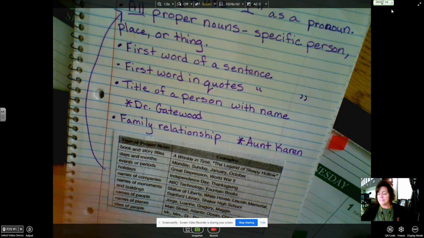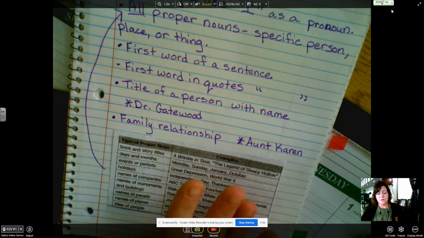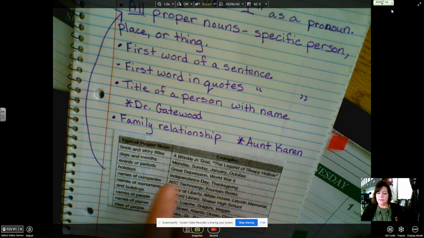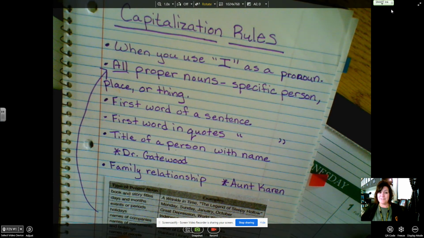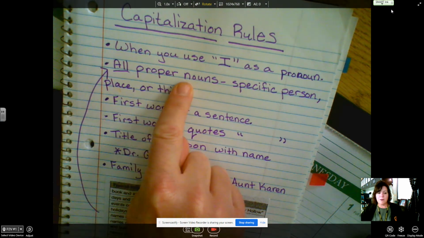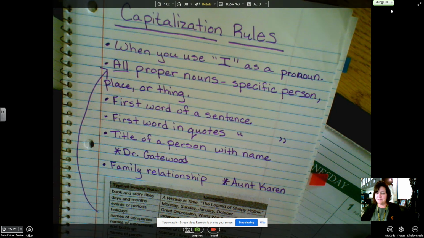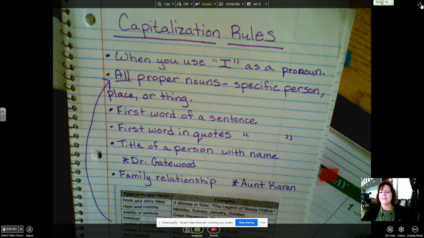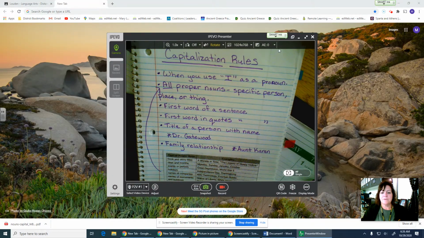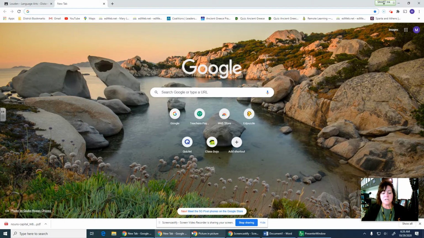Okay, so that's all we're going to add to our notes. And I'll just let you read that chart on your own. But again, it's just giving some specific examples of proper nouns and when they would be capitalized. Sorry, I'm losing my voice here. All right, so for the rest of your time, after you get finished adding that to your notebook, you've got